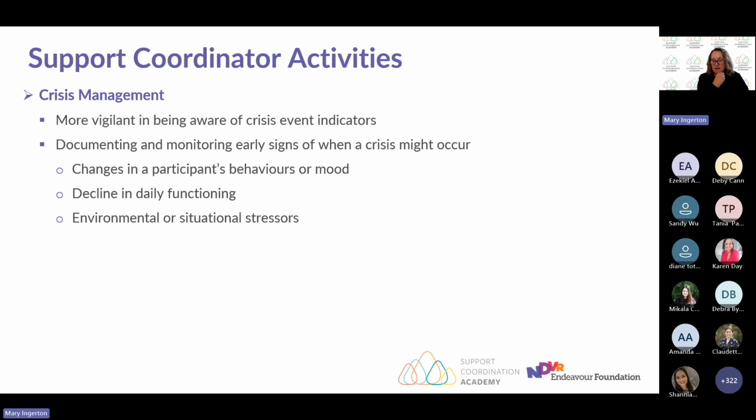And in relation to crisis management, I suppose it's also about being a lot more proactive and planning ahead, having systems and structures in place to track those support coordination hours. So not leaving it until the last minute, not leaving it until you've only got 2 or 3 hours left, but really being more proactive and planning ahead. So really having some policies and procedures in place around what is the minimum amount of hours that I ever want in a participant's plan at a certain point in time.